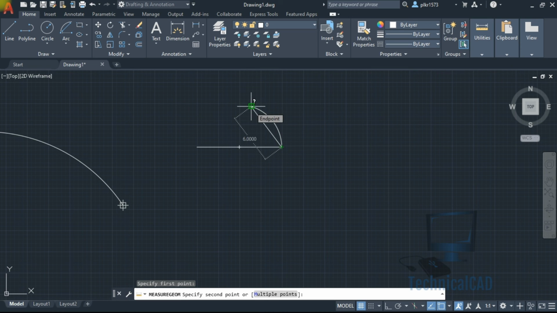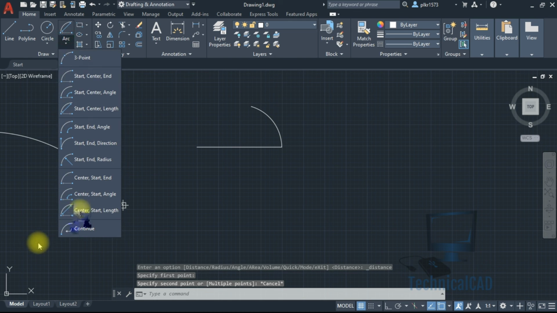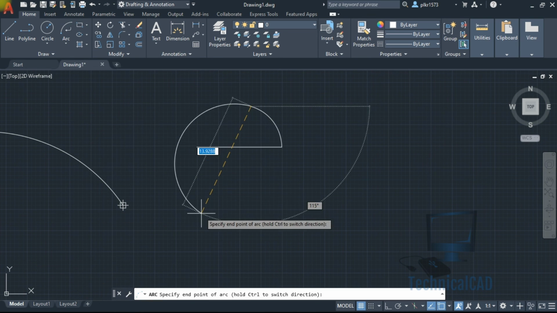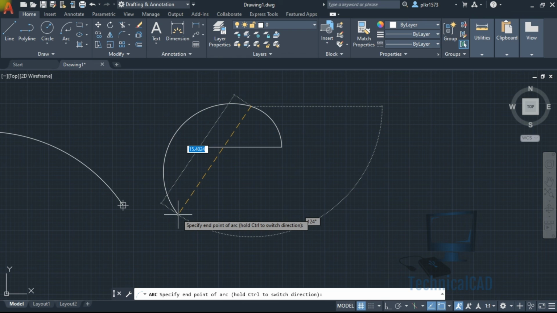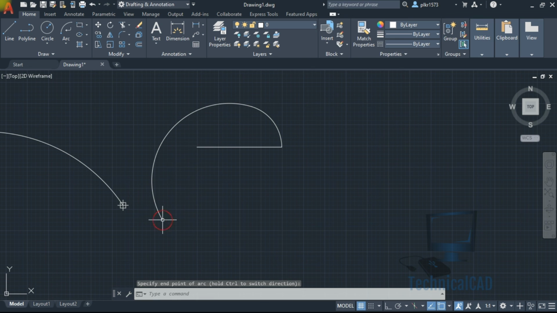It shows 6, so that is the length of the chord here. And the next one is continue. If you select the continue arc, it will start from the previous arc where we stopped. So that is the continue arc.